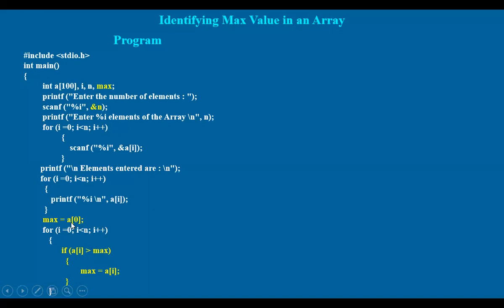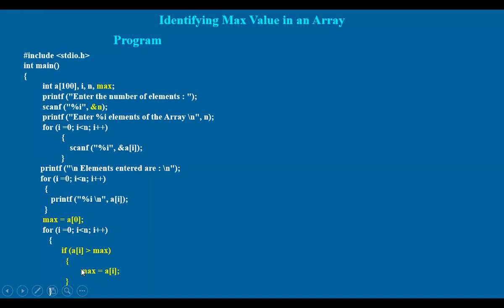Earlier we have assigned A0 here. So A1: if A1 is greater than A0, then the maximum value is considered as A1. Next, A2. If A2 is greater than this one, right? If it is, A1 will be considered. Otherwise, the same old value of maximum will be